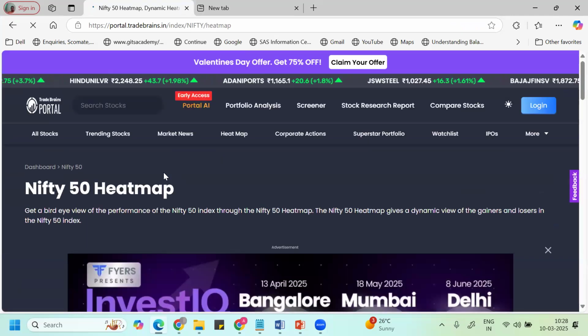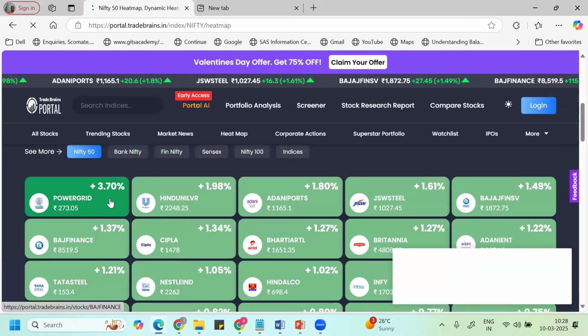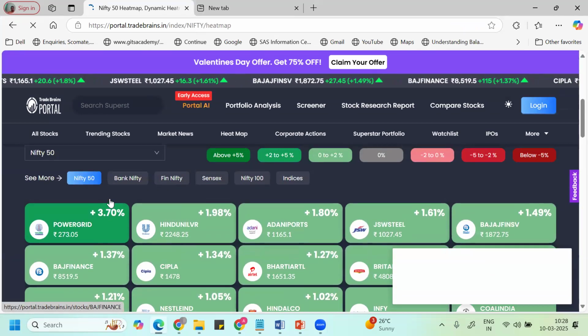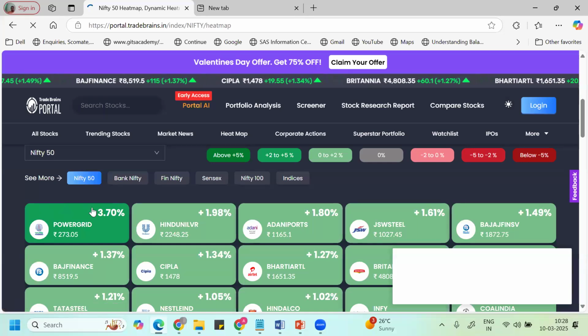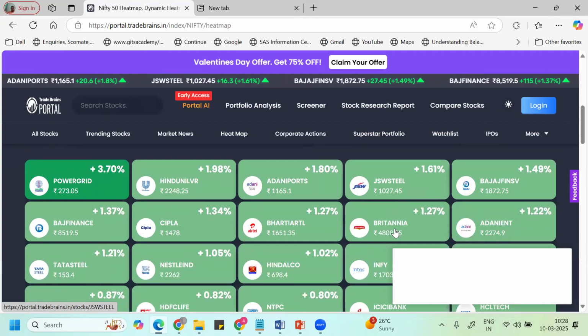Go to the heat map. When we go to the heat map, we can see these stocks. Today, I selected Nifty 50, which means the best 50 companies of our market. In Nifty 50, Power Grid has given around 3.7%. Then you can see Hindustan Unilever, Adani Port, JSW Steel, Bajaj Finserv, Bajaj Finance, Bharti Airtel, Britannia,